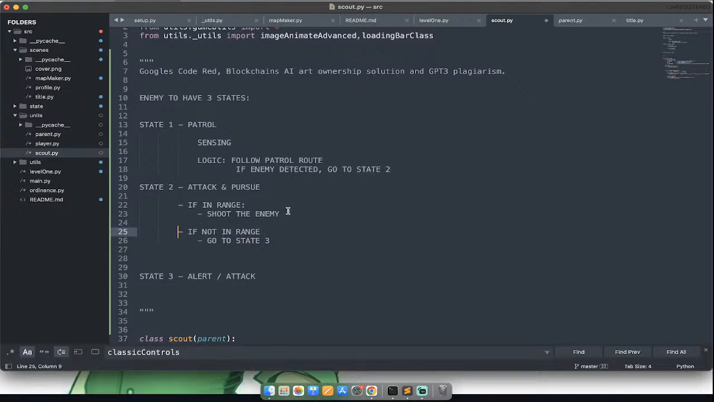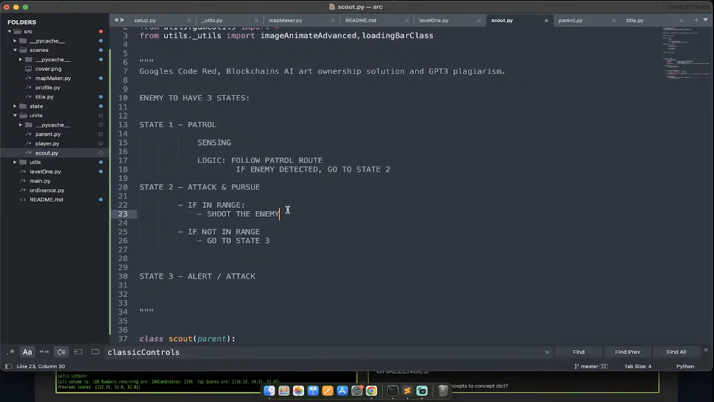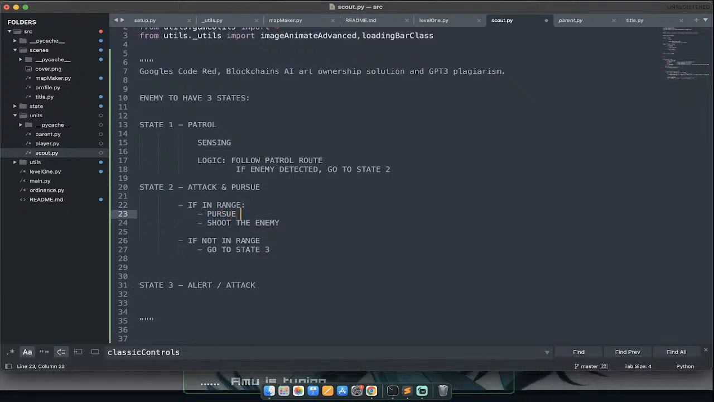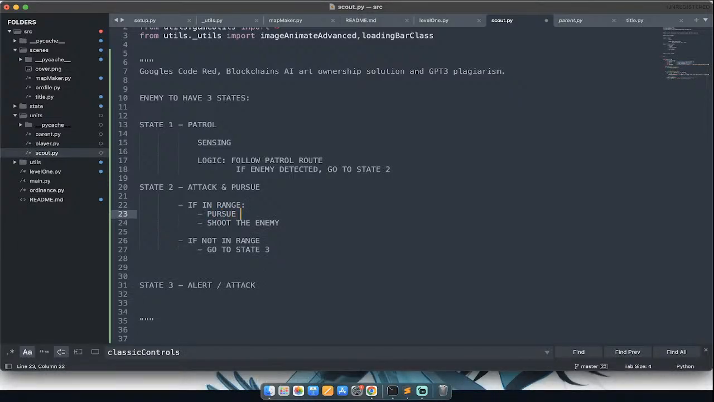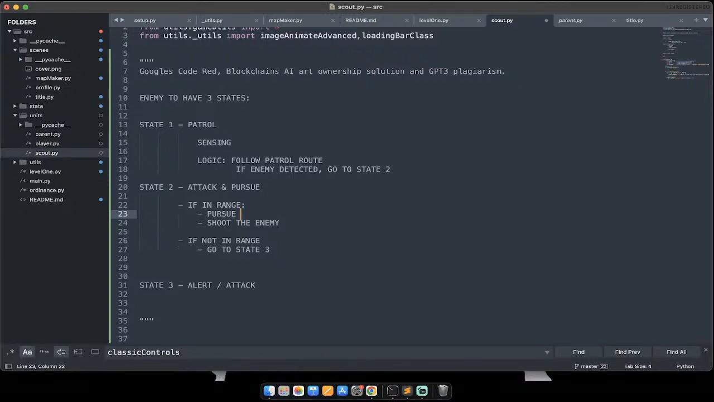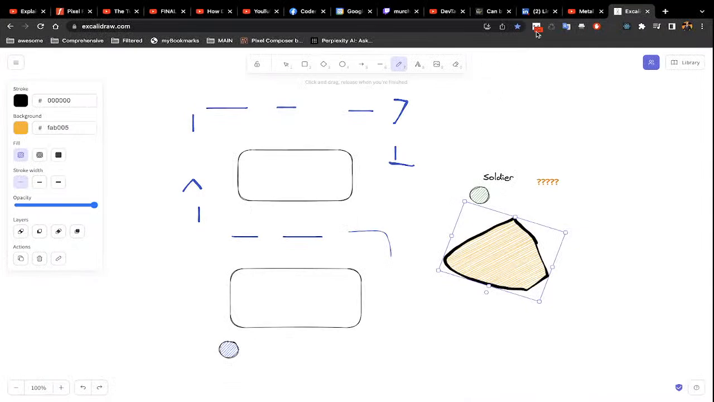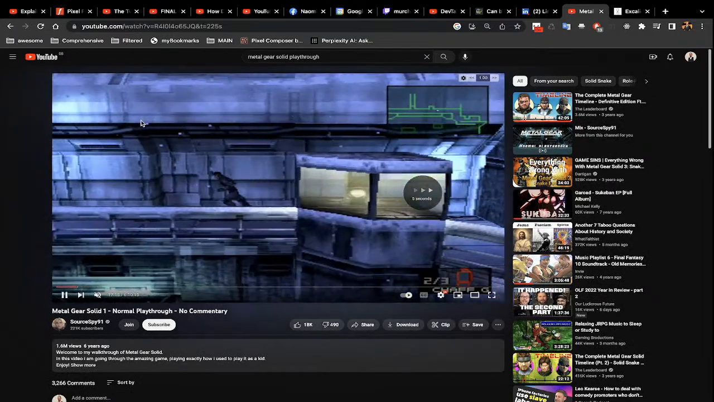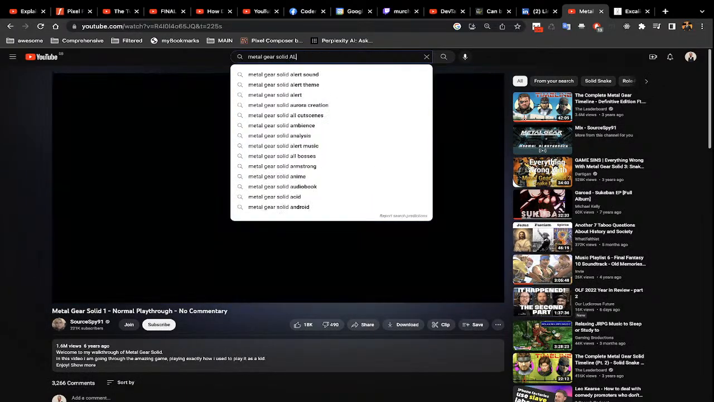But if in range, you don't want it to be for a tiny second, oh, I've seen Snake, shoot him, Snake nips out of my field of vision and then go to the alert. No, what you want to do is pursue the enemy. But if you're too fast, then you'll never go to state 3 and Snake's going to die. If you're too slow, then it won't feel realistic. Again, if we watch the game, obviously he's not going to get caught here. But if I go to Metal Gear Solid alert,